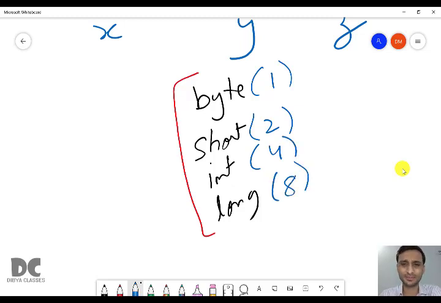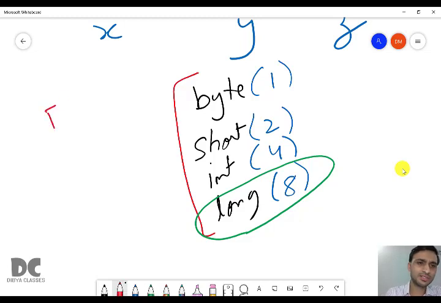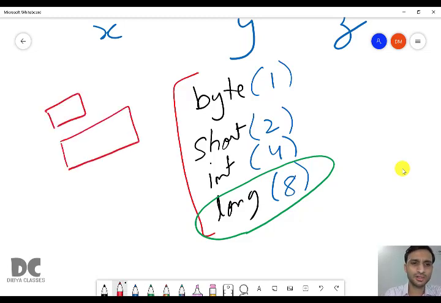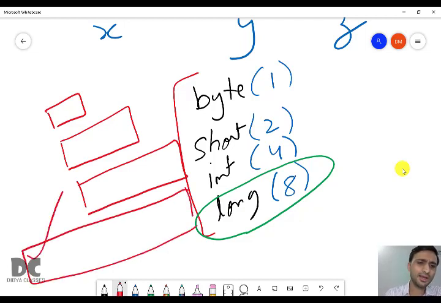So why there are 4 data types? For example, if we had only long, it is the biggest one. Okay, for example, if this is byte, then the bigger is short, and much bigger is int, and much bigger is long. So why not long? Because long is a big place, and we can store small value like 0, 1, 2 to millions and millions of big value, right? So why there are 4 and not only one, that is long? Because in long you can keep small value also, you can keep big value also. So only long is enough to store all types of integer values.